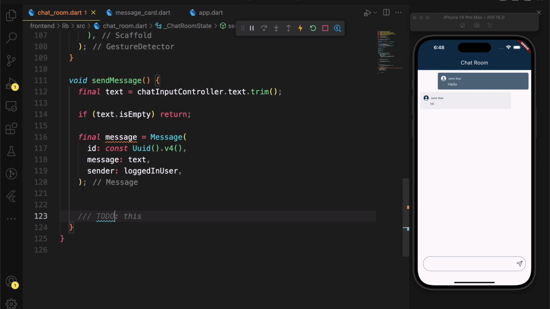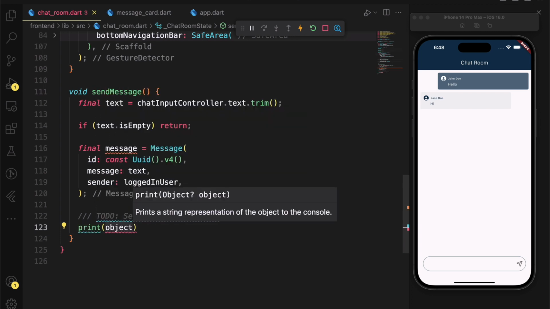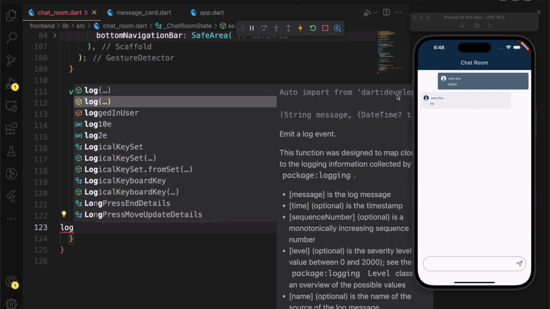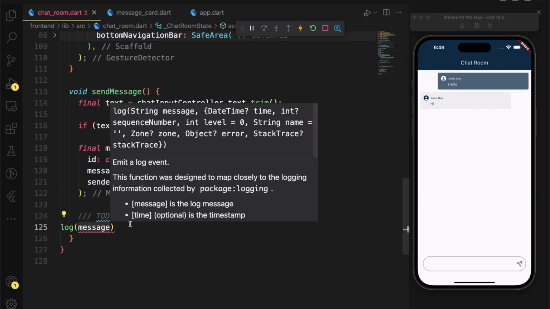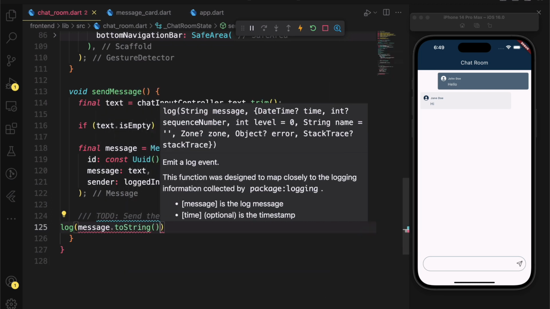In this line, we're going to send the message. That's what we're going to do next time, not now. So let's just print it out. Let me use the log function instead. I like the log function from developer because it makes the message stand out.